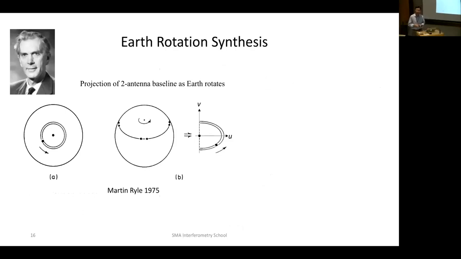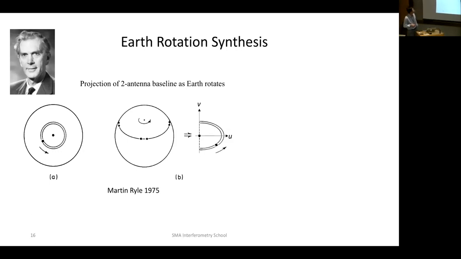Johnson mentioned this: the 1974 Nobel Prize for the invention of the radio synthesis technique went to Martin Ryle, together with the discovery of pulsars. What I took here is a lecture that Martin Ryle gave